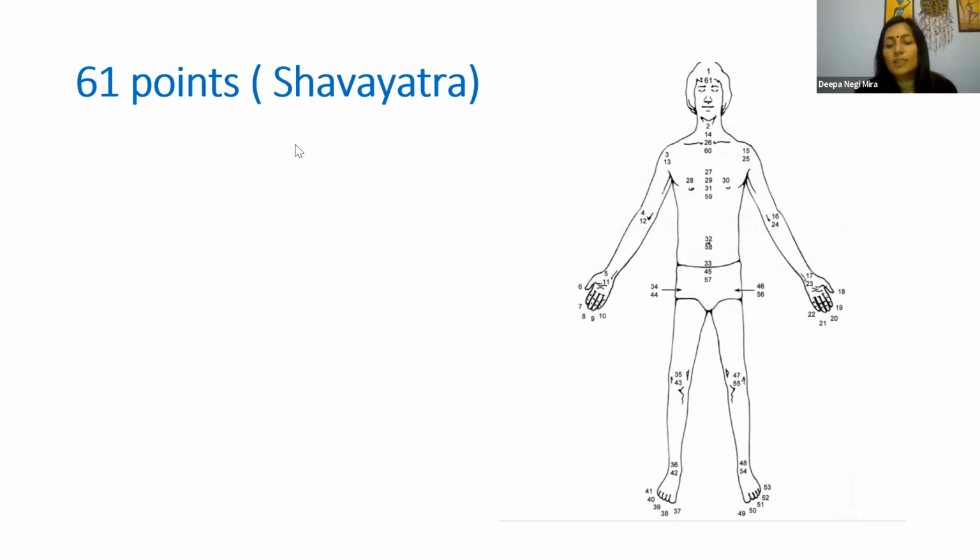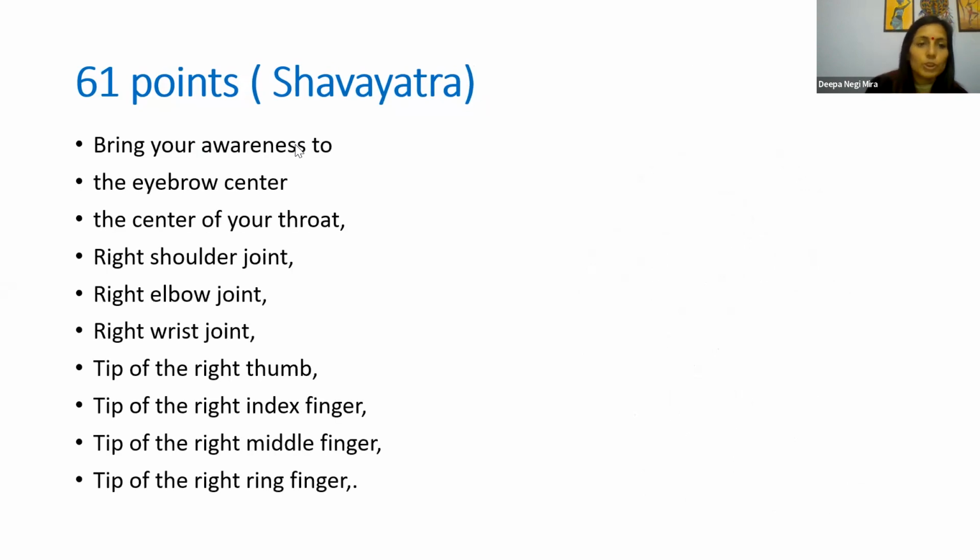And then come back to your ankle, 54, then knee, 55, then your hip joint, which is 56, then pubis, 57, navel center, 58, heart center, 59, neck center, center of your throat, 60, and come back to your forehead, 61. Okay. So here you can see the 61 points of